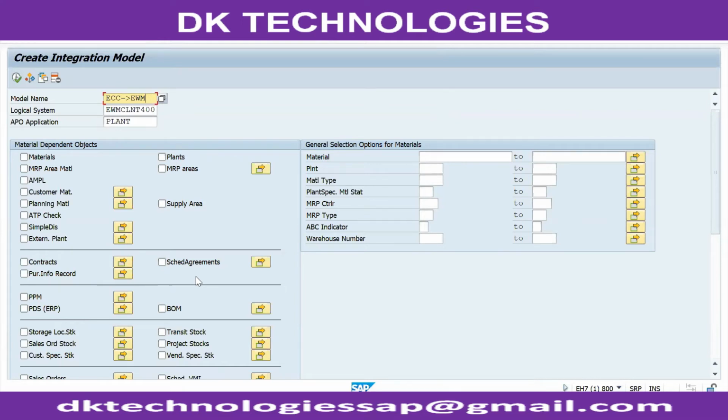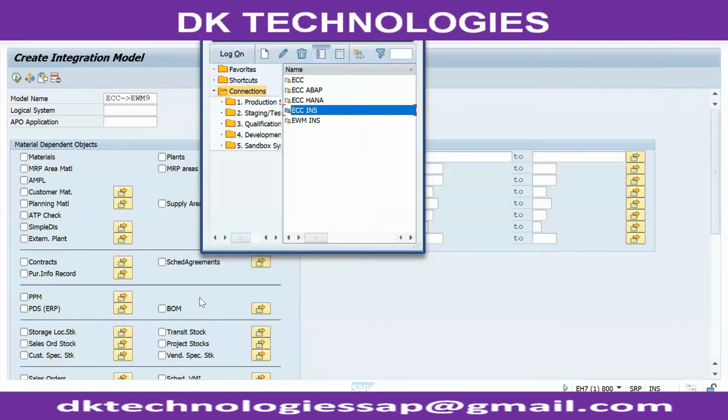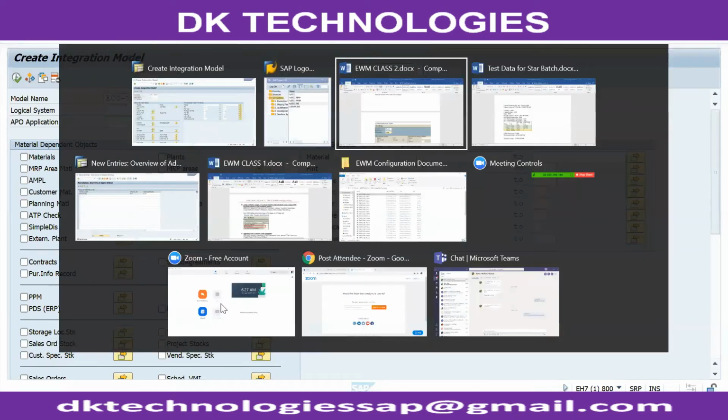You can use a model name and define which system it has to go to.